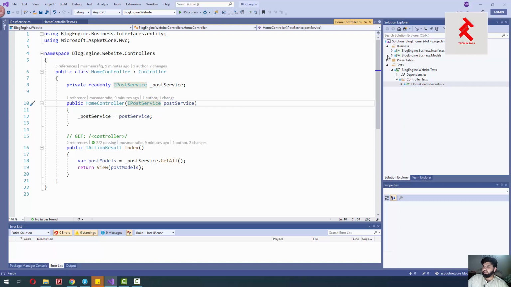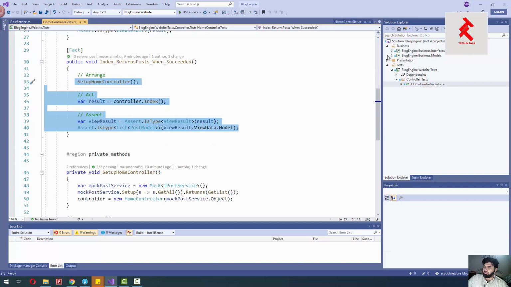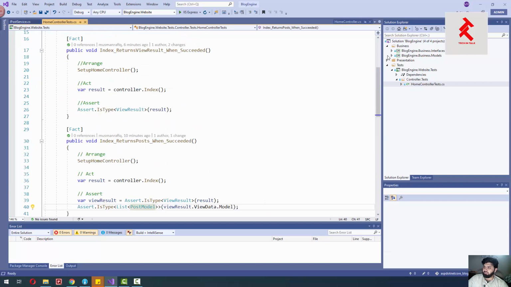We will write other tests in the next episode, and then we will implement that IPostService interface in a separate service project. Right, so let's run these tests to see whether they are passing or not.